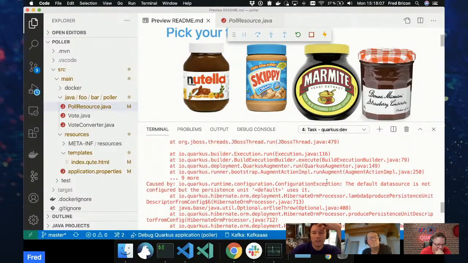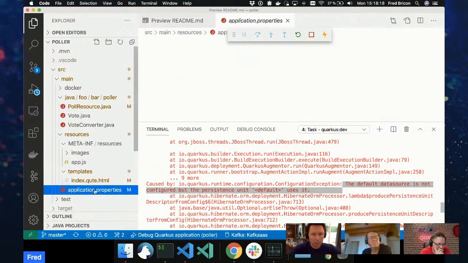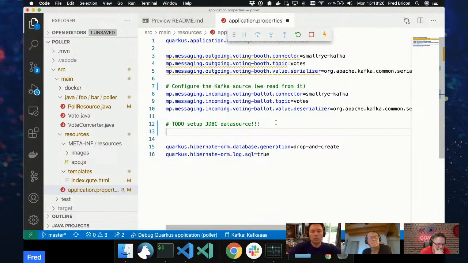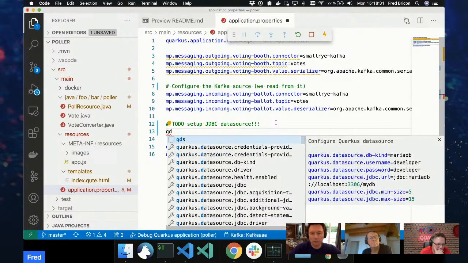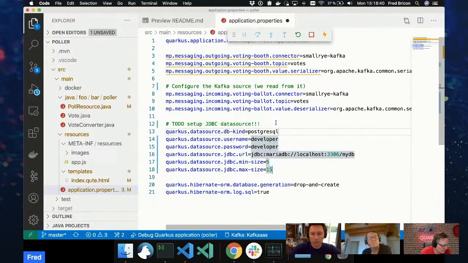So here, the default data source is not set. So I need to configure that before the application can run. So I'm going to open the application properties file, and I need to add, of course, a JDBC data source. So there's a snippet for that. So I can do QBS, and it will show me a snippet, insert a snippet. So I'm going to select Postgres, change Quarkus test,